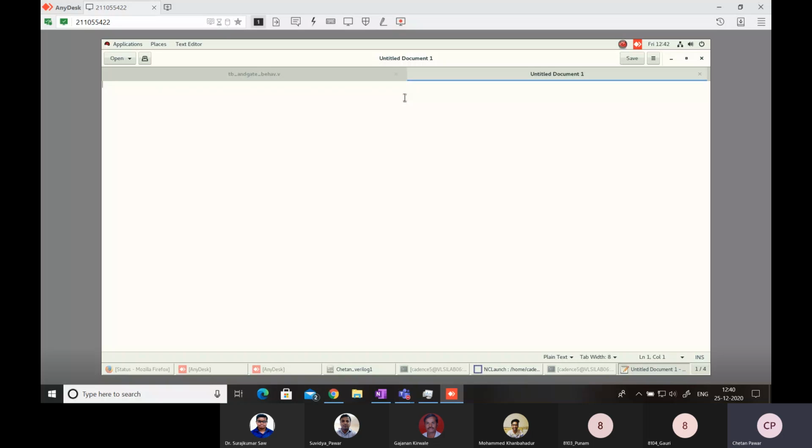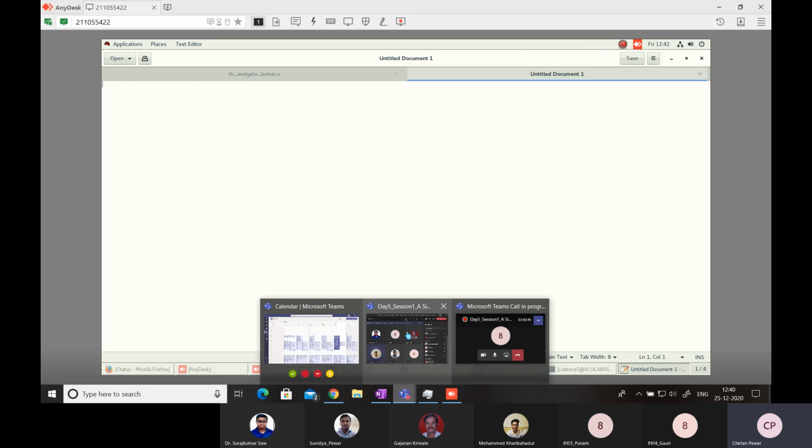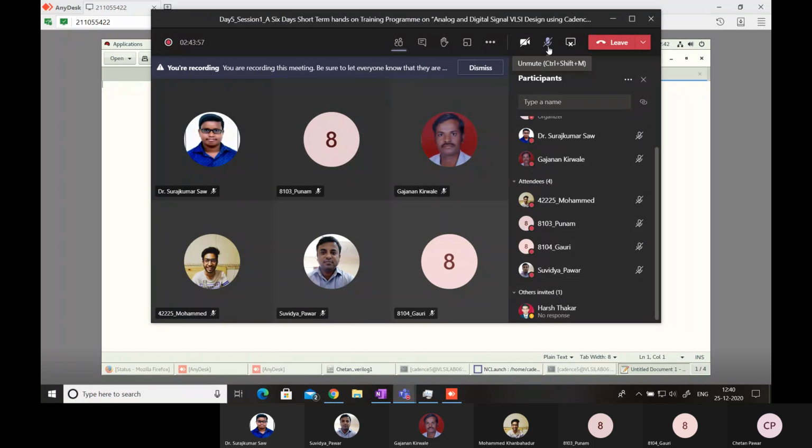Gauri, maybe G-editor is open at the bottom, I think. It's a schematic. What happened? Sir,